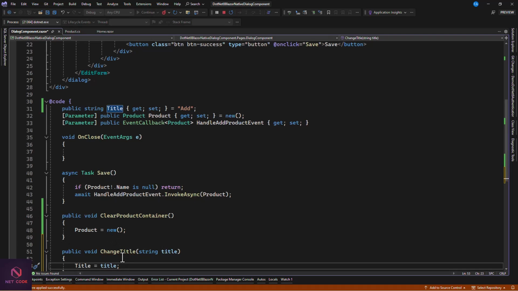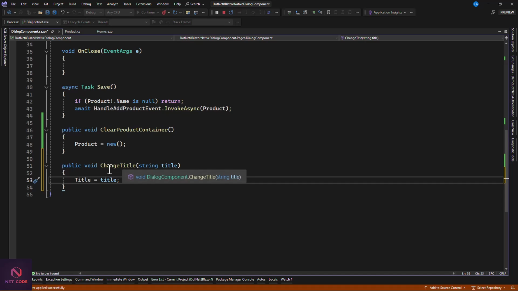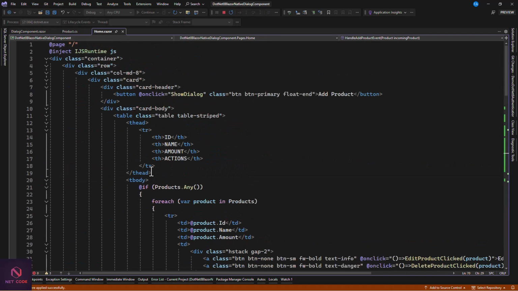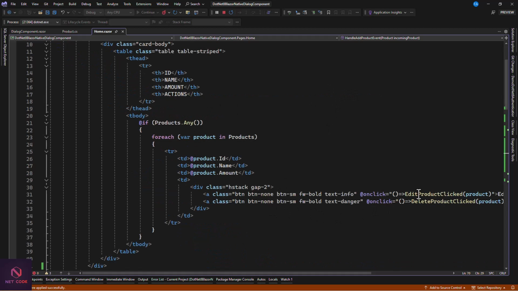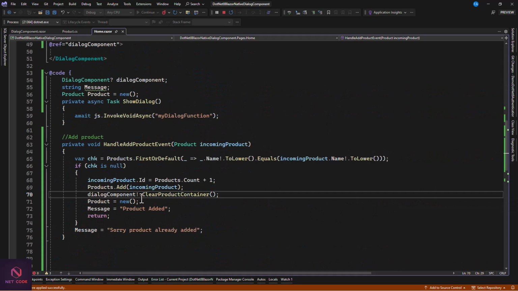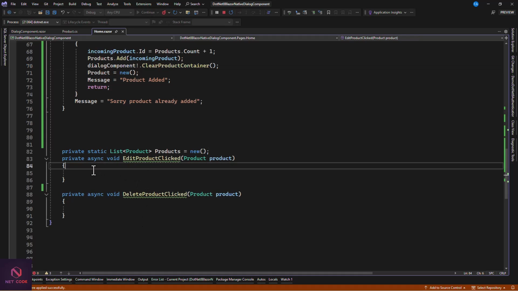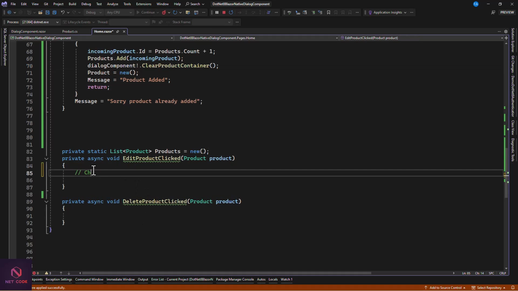We know it's going to be an update, but we don't want to set it here. We don't want to make it static. Maybe you can add something in future. So let's set it as a method that we can call and pass in the parameter. Save that. Let's go to the home page. And as soon as we click on this, edit product clicked, that is a method in here. The first thing here is let's change the form title to